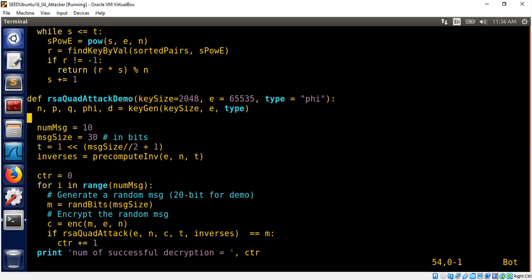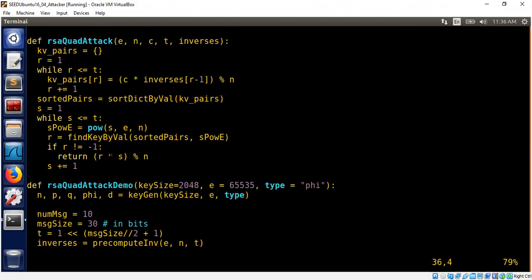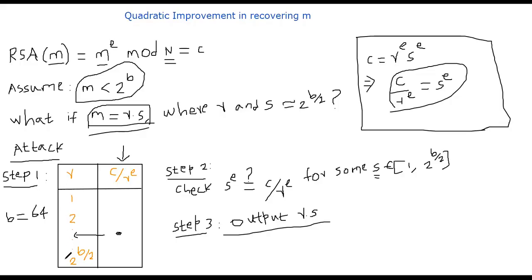Okay. All right, let's look at the attack itself. We take E, N, we explained it on the board. It's the same regular RSA thing. C is the ciphertext. What about T? T is the number of trials we would like to have. As I mentioned on the whiteboard, 2 power B. In the code, I'm only allowing the user to specify how many rows I can have on my table. You can imagine T is the number of rows on this table, okay? And T is also the number of S's that we will try, okay? T is the number of trials.